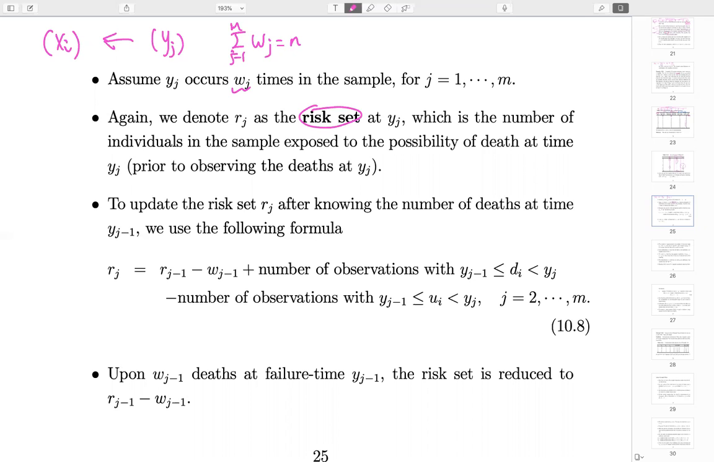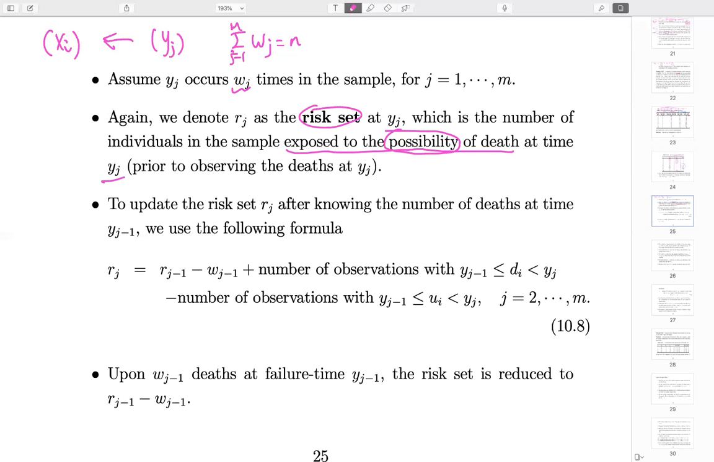So Rj is the number of individuals in the sample exposed to the possibility of death at time Yj. Meaning we will need to exclude those who already passed away, right? Because they are already out. They will not die at time Yj. They died sometime ahead. So we will only include those who are still alive by the previous time, and we also need to add those who are new to this particular period, and exclude those who are right censored. Okay, so that is a quick idea